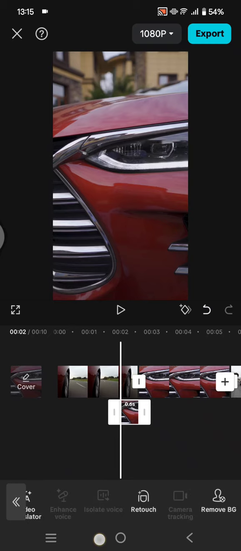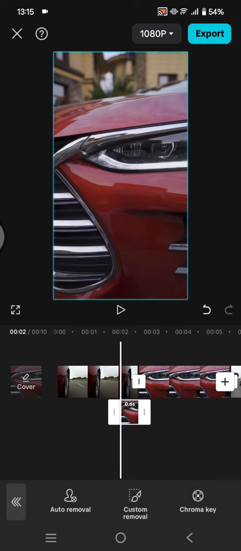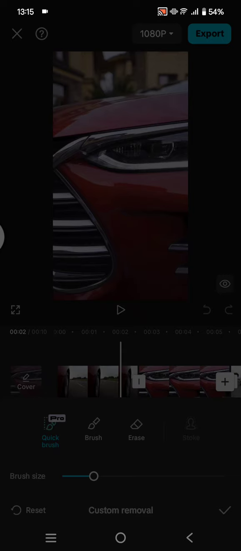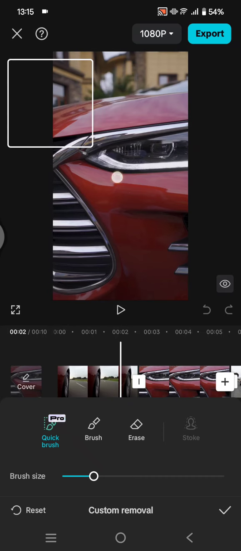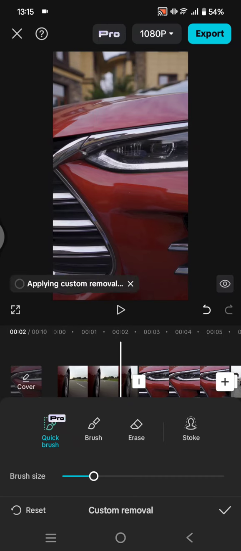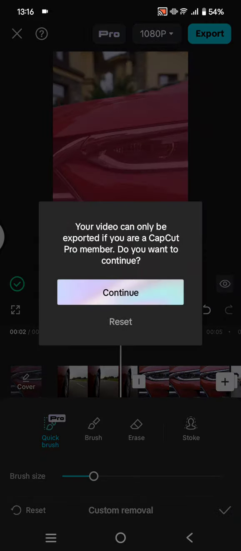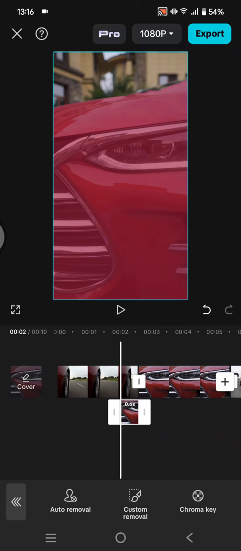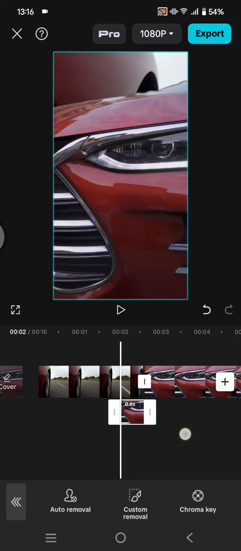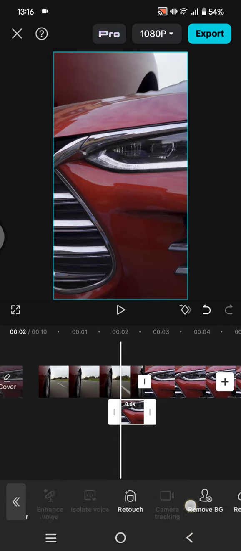Then remove the background. So I'm going to click on remove BG and use the custom removal. Okay, now CapCut will apply the custom removal. Click on a check icon, and after it has been removed, you can go to animation, still on the overlay,